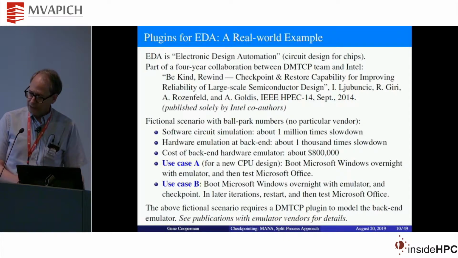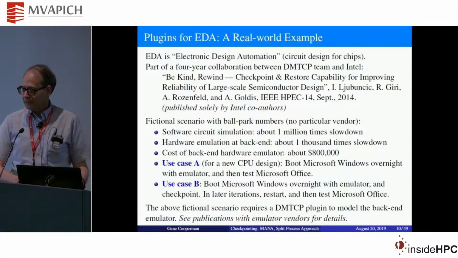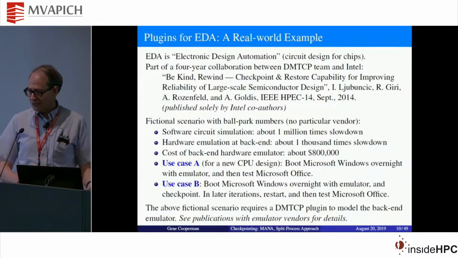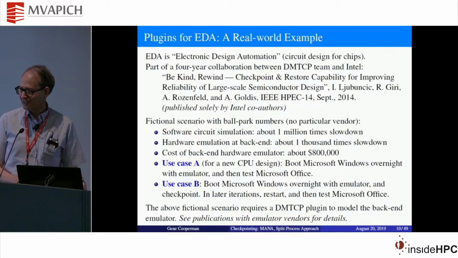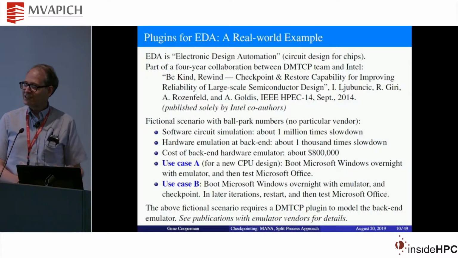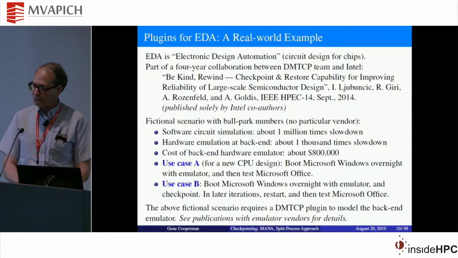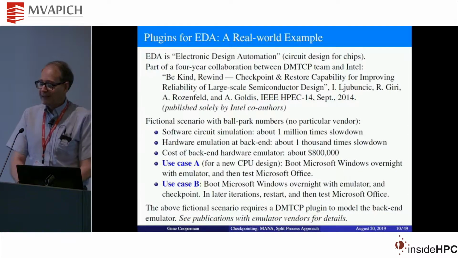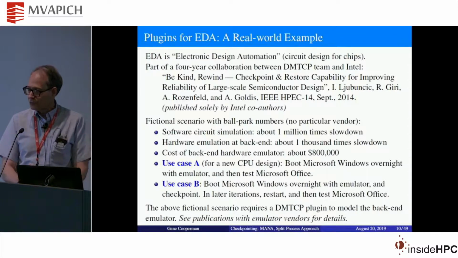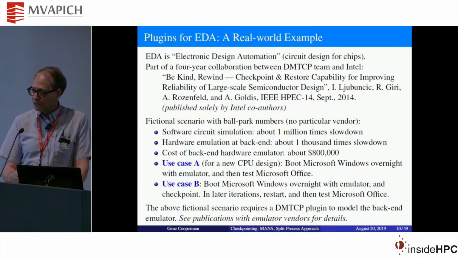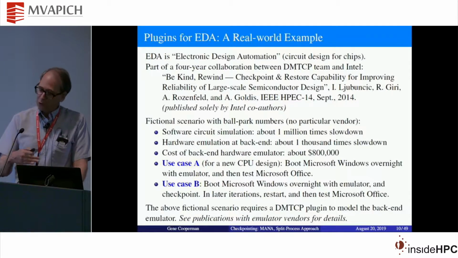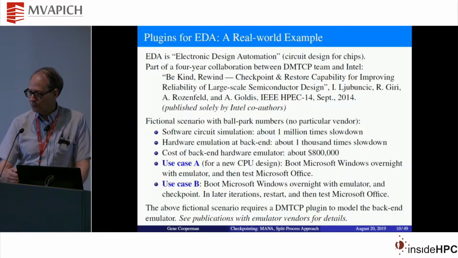So they will use a hardware emulator. With a hardware emulator on the back end, now it only runs 1,000 times slower than true silicon. Well, that's great. If it only runs 1,000 times slower, then if they wanted to, they could boot up Microsoft Windows overnight. And then they could proceed to test on Excel and Word and whatever. But of course, what they would really want to do is boot up Microsoft Windows once, checkpoint, and then restart from there. Or maybe boot up Windows, start up Word, and then checkpoint and go through each of the menus